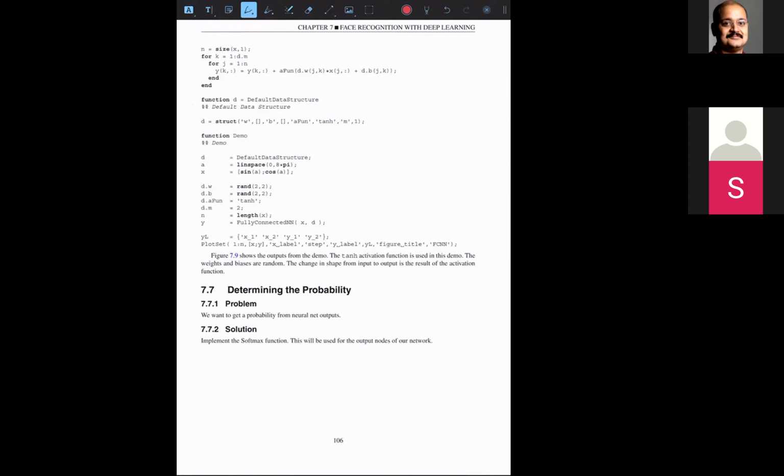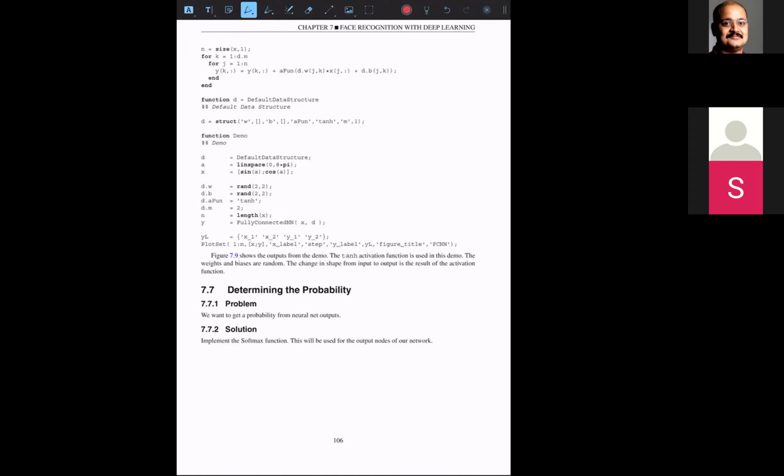See, the reason I like this book is because it is giving you the operation under the hood. Remember that MATLAB deep learning toolbox that we used? In the MATLAB deep learning toolbox, it was sort of switches and knobs that you tweak and it will give you output. But if you look at this, this is actually the hardcore code that goes under the machine learning. So this is how it works.